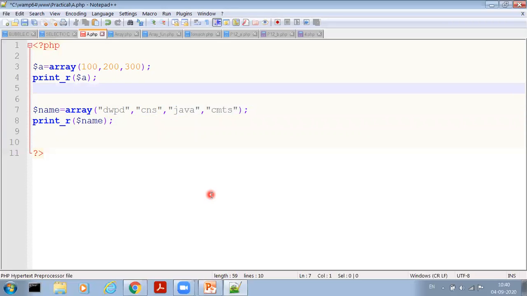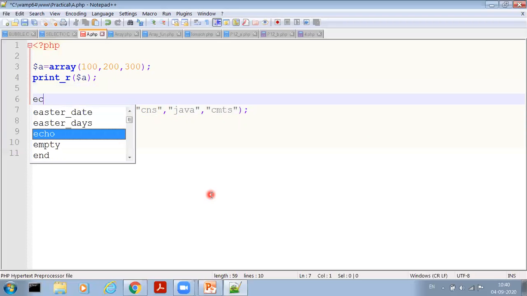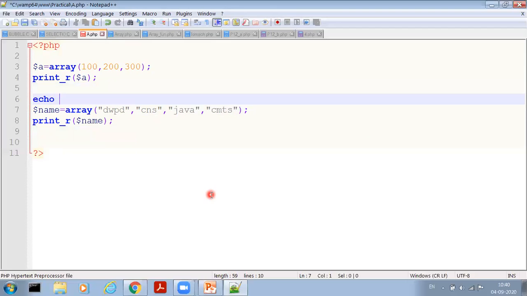Okay. After printing one array, just print echo in bracket PR and semicolon. Now save the program, save the script with file name a.php. Now run the script in the browser.